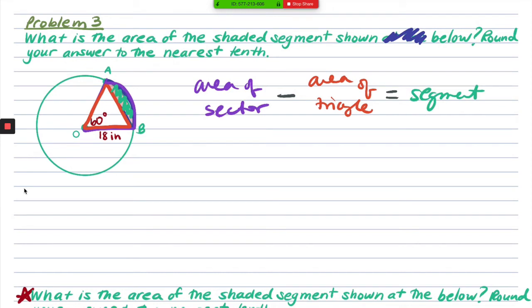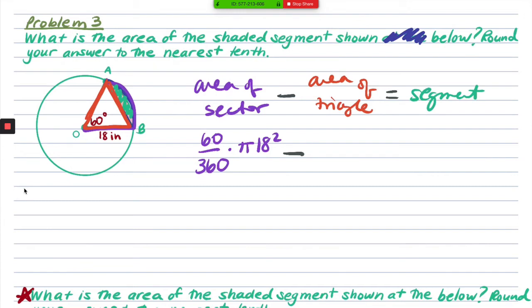Okay, so let's start with the area of the sector. That is going to be the proportion of the circle this is, so 60 over 360. That's our proportion, and then we need the area of the circle, which is pi r squared, and our radius is 18. Then we're going to subtract the area of this triangle, which